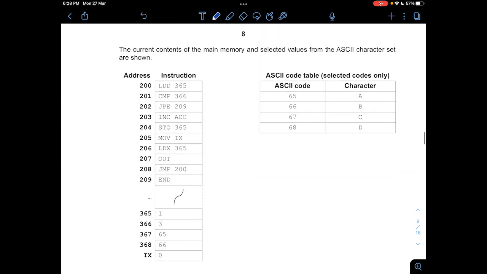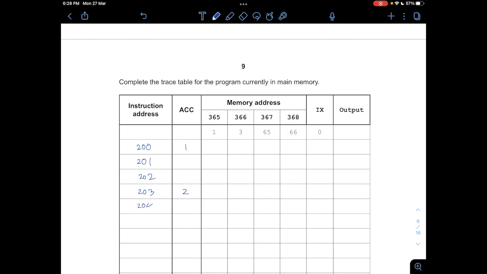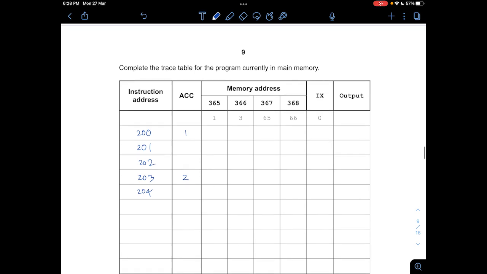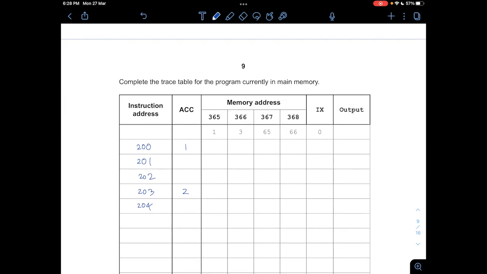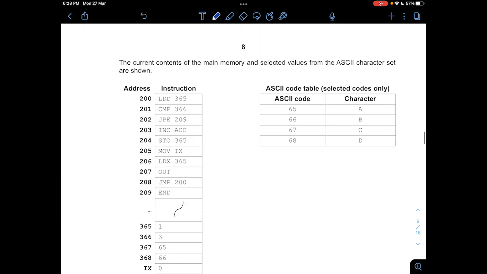So 203, increment accumulator, so accumulator becomes 2, and then we move on to the next instruction, 204. 204 wants us to store the data of the accumulator into 365. So here accumulator is 2, so we need to store the content of the accumulator into memory address 365, so that'll be 2. All right, then move on to the next one, which is address 205. 205 here wants us to